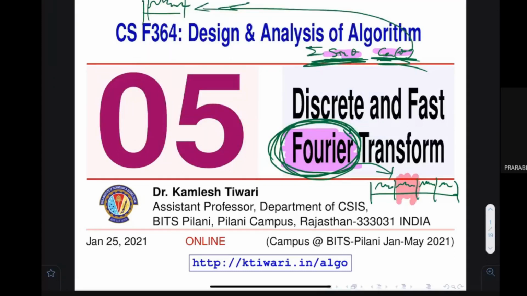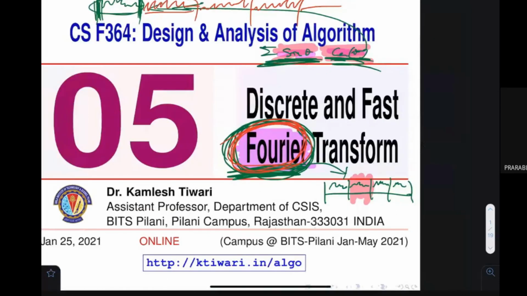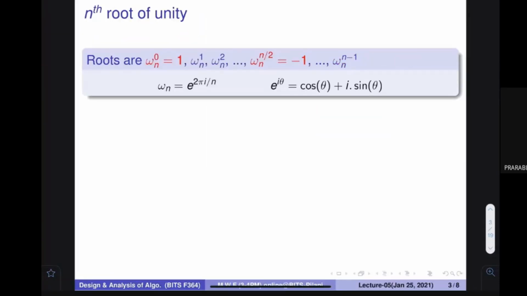But people were thinking that you cannot convert this function because it is not periodic. Then Fourier came and told that if you bring this particular function to me, I would assume that after the time when you are not measuring, it is repeating. Essentially he brought a concept that every function is a periodic function. This was his idea. So Fourier is a very important person, and a lot of applications are there in signal processing and other places.